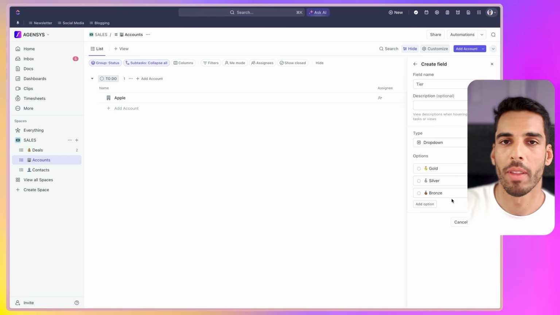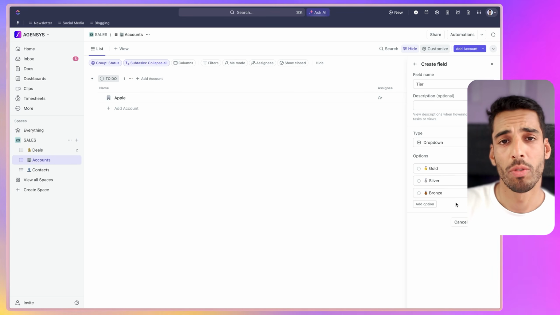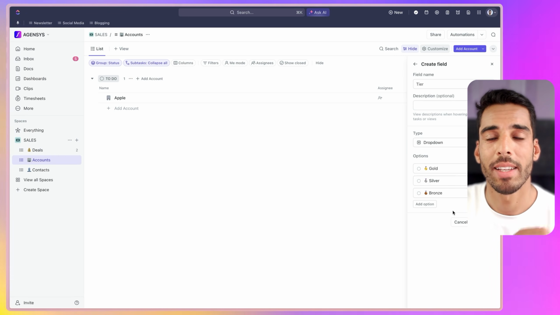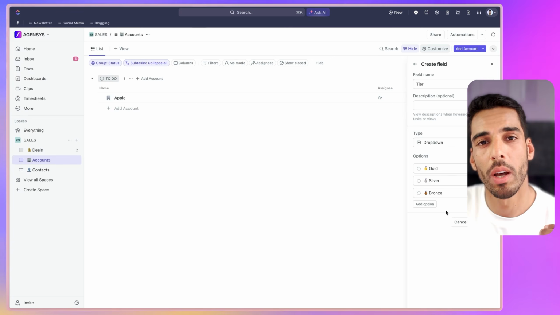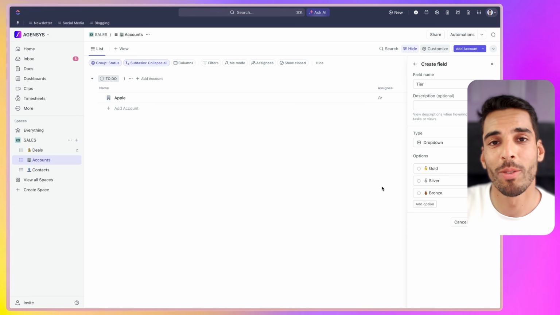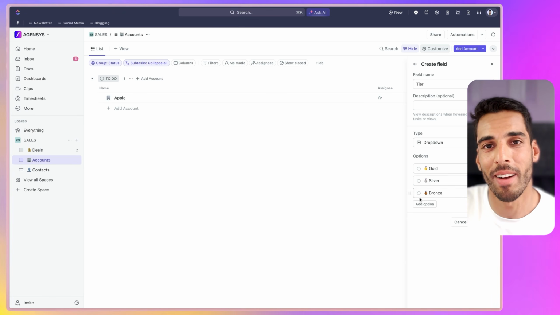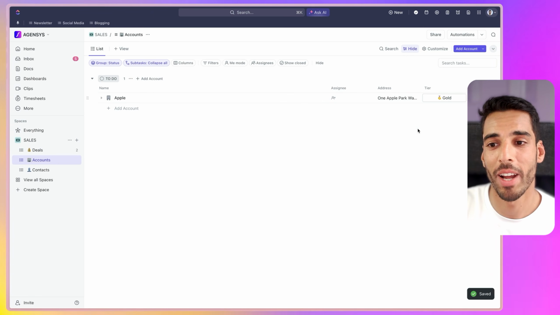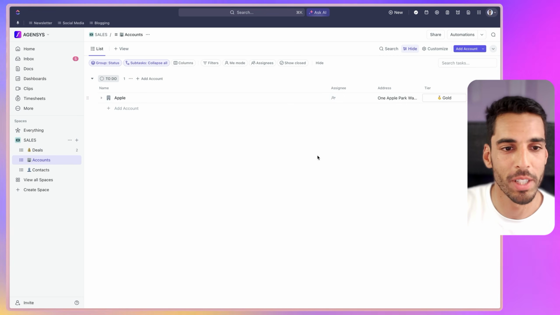So it really depends on the type of services you provide. You really need to customize this account list to your needs. And that's exactly why I don't want you to use a template. This is just a demo. This is for you to work with me async, to take a break and to go into your workspace and to build that CRM with me. So we're going to create this list. Perfect. And we could track the tier of that client, say their gold tier, for example.